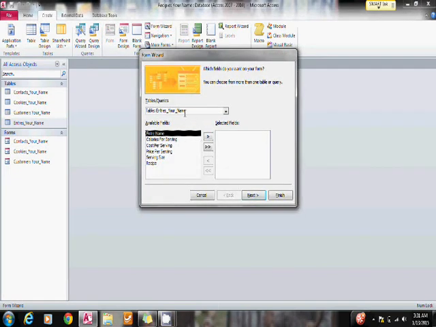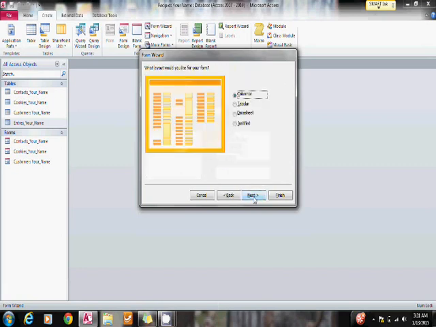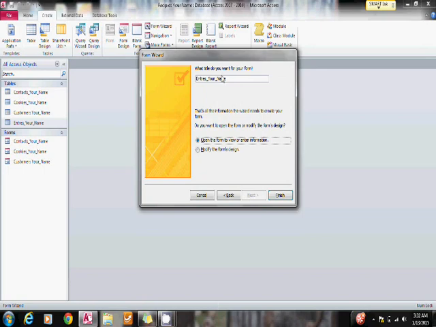Make sure it's showing that we're creating it for the entrees table. Select all the fields. Next, let's do this one. Let's leave this one as columnar. Click Next, and then